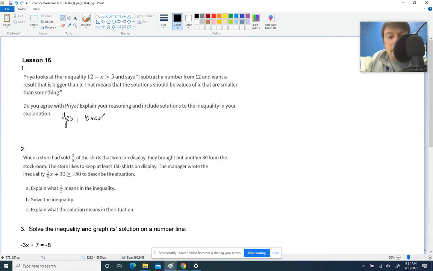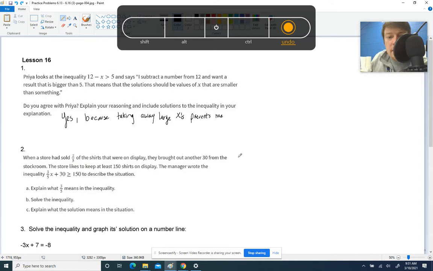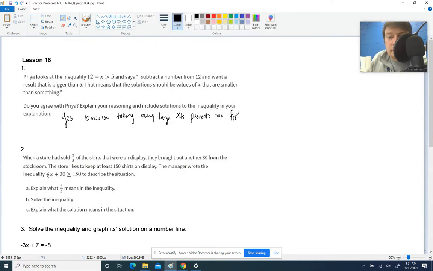Because taking away larger x's prevents me from staying above 5,